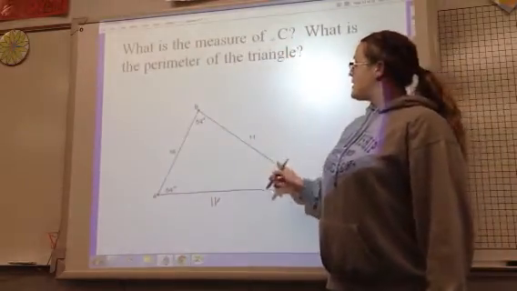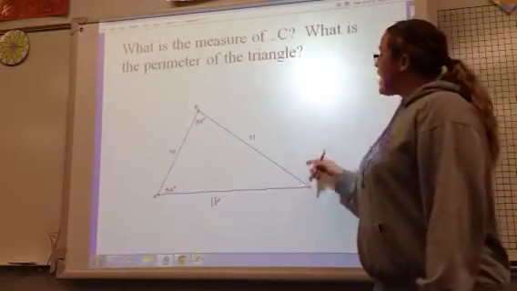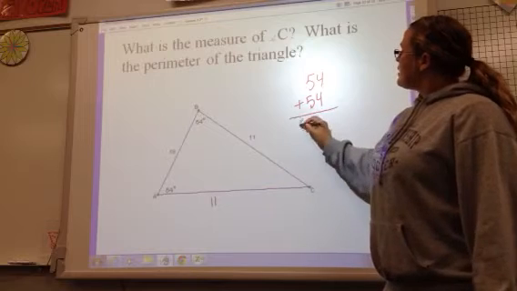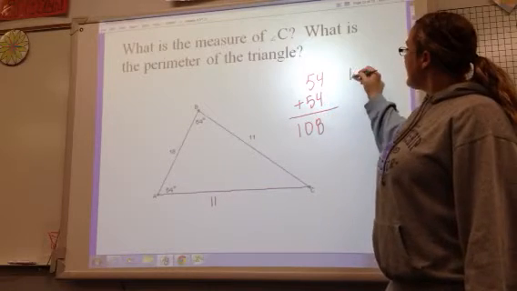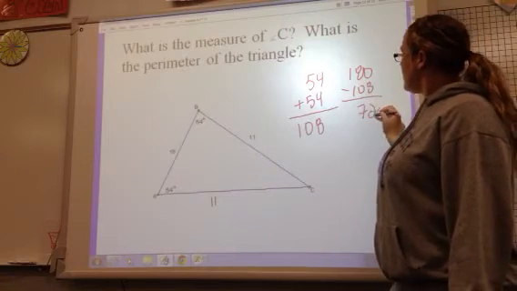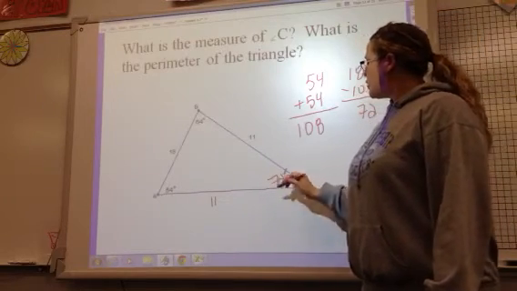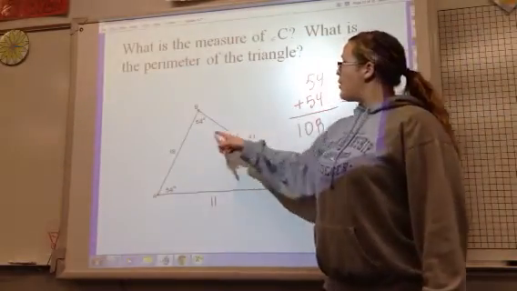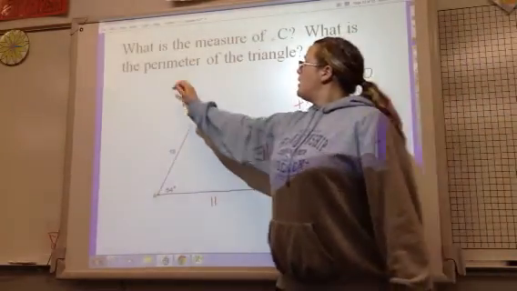I can find out angle C if I add up all my angles, so 54 plus 54, subtract that from 180, I get 72 degrees for angle C. And then to find my perimeter, I add up all my sides, so 11